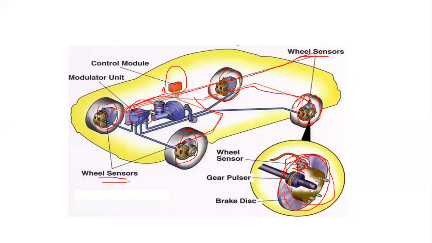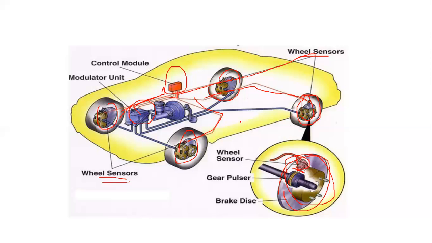But here in traction control or EBD control, the signal from the wheel sensor leads to the ECU unit, and the ECU unit will decide how much braking effort should be given to each wheel, in a varied manner. Each and every wheel should get pressure in variation. That's the major significance of this